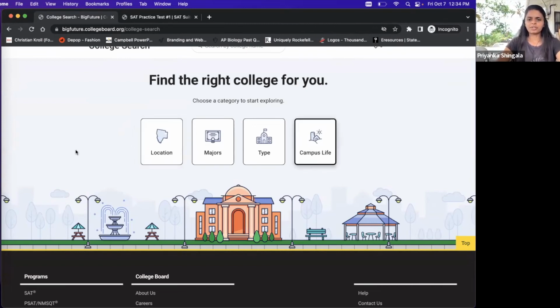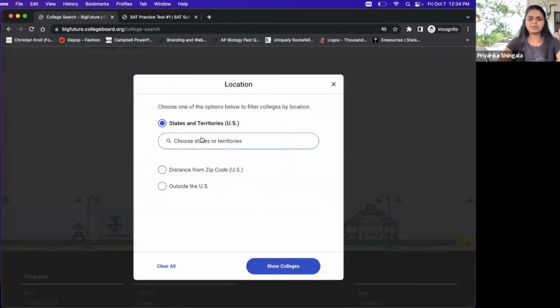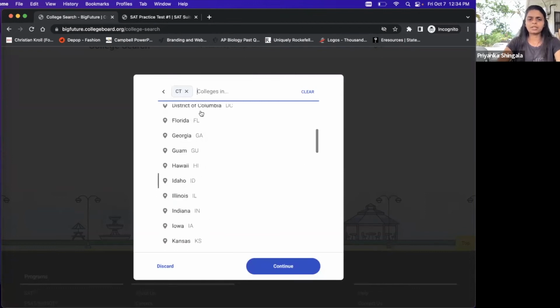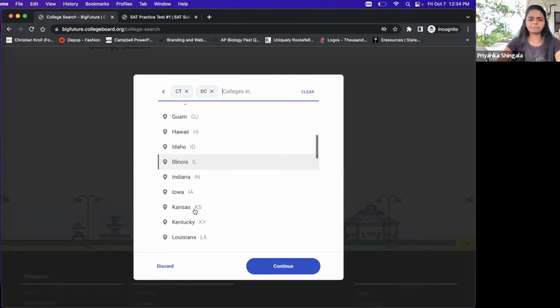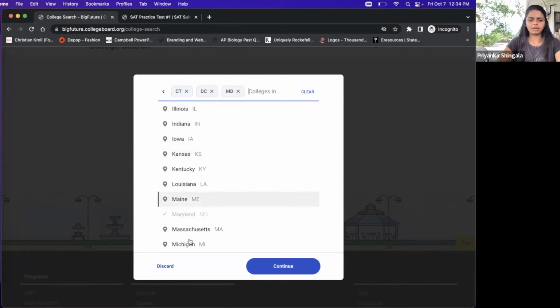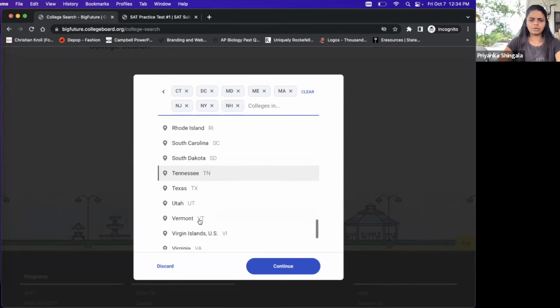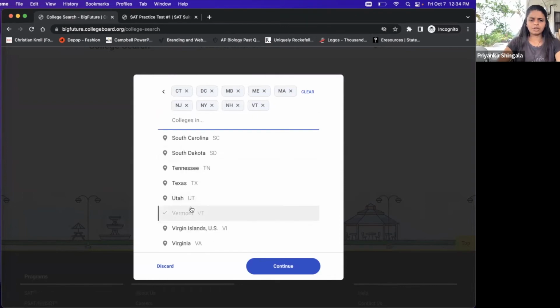They only gave us 4 here to keep it limited, but once you click on something, so let's say state territories, I'm just going to pick a few. Let's do Connecticut, because maybe you want just the Northeast. Well, you could pick out all the states from the Northeast. I'm going to miss a few along the way, but let's just get as many as possible. What are other big ones? Yeah, it's good. We have lots of universities there. That one has UNH, Vermont, and let's just call it. And yeah, let's just do that.